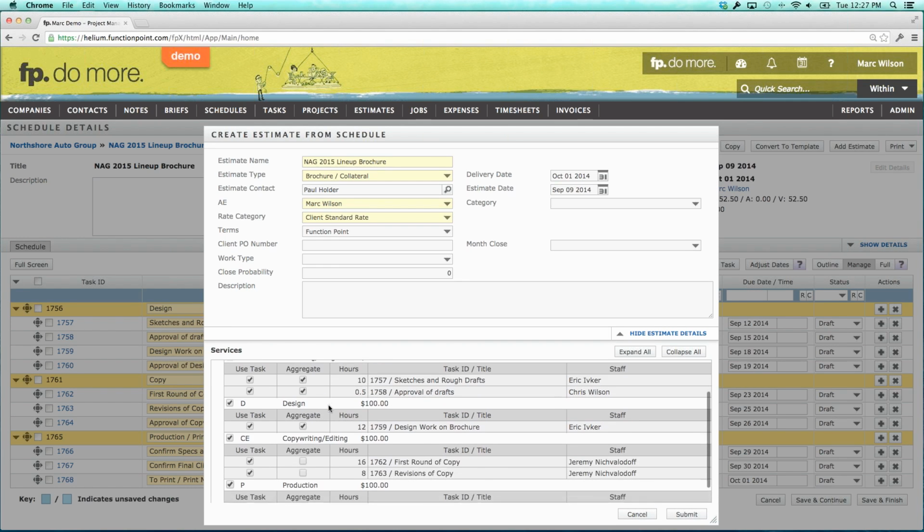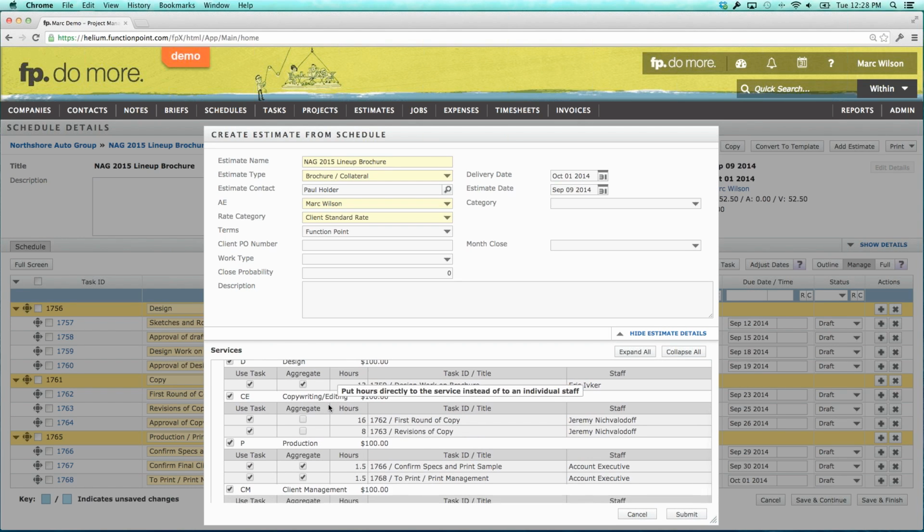The only reason that you'd want to do so is if you know that, hey, in this schedule, I've chosen some senior staff people, and when I want this estimated, and when I want it priced out, I want it priced out using their values, not the agency's default values or junior people values. I want the senior staff values. So where I see senior staff, I'm going to deselect those checkboxes. Now when I hit submit here,